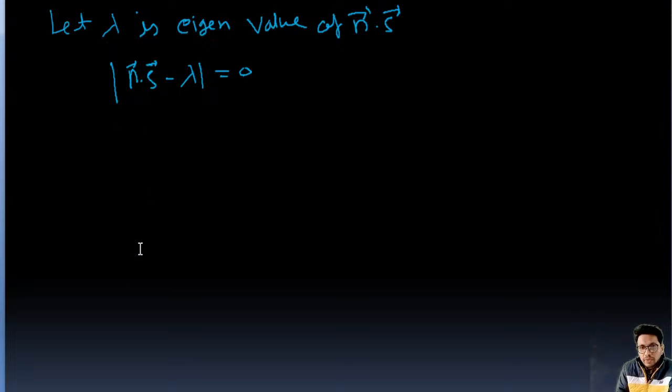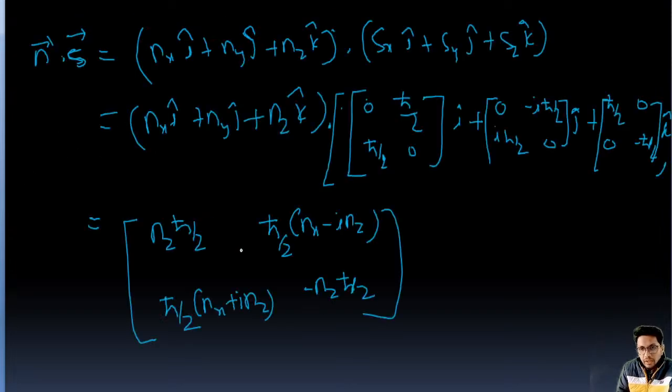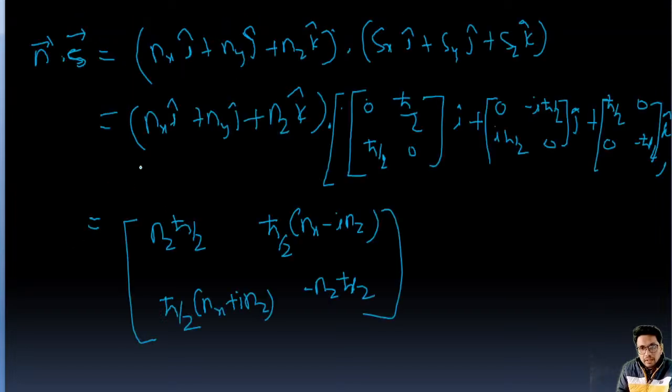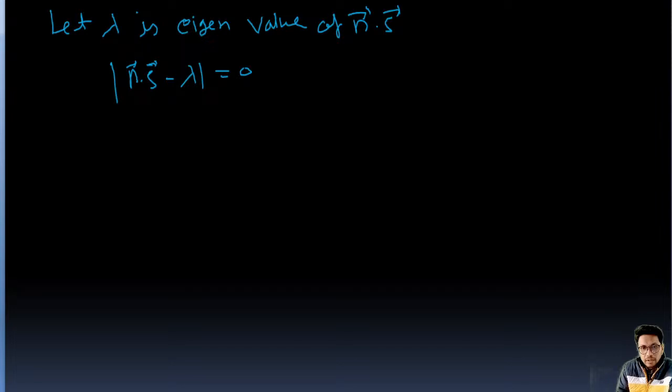So this is the matrix, and we'll do n dot s minus lambda I, where lambda I is the identity matrix of 2 cross 2. So we'll put the value, and it's going to be